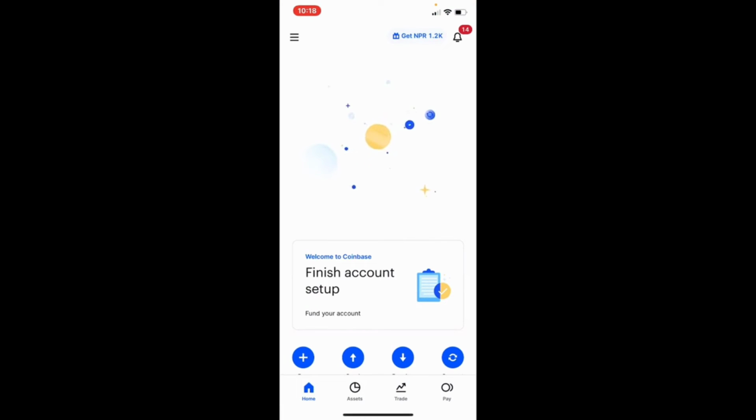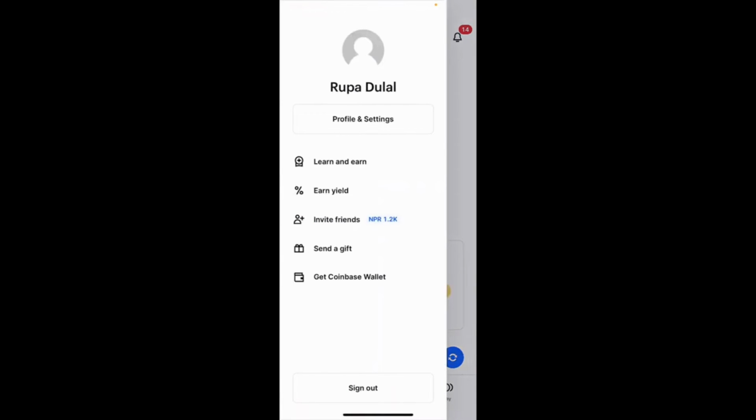The first interface or the home page of Coinbase app will look like this. If you'd like to log out of your account, since you are already done using your Coinbase app for the day, simply go to the hamburger menu located at the upper left-hand corner, give it a tap, and this will open up an expanded menu. If you look at the bottom of the pop-up menu, you should be able to see